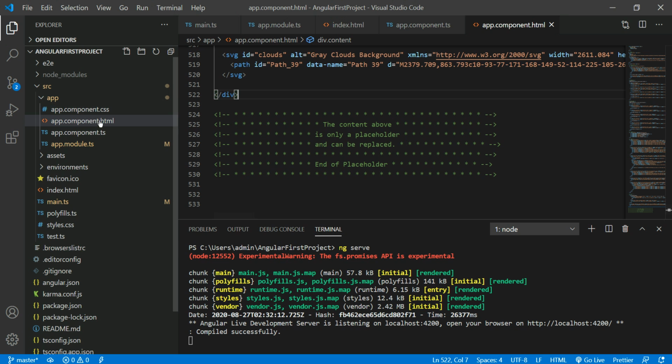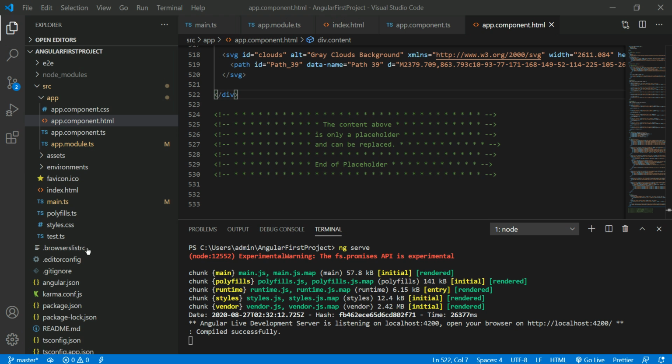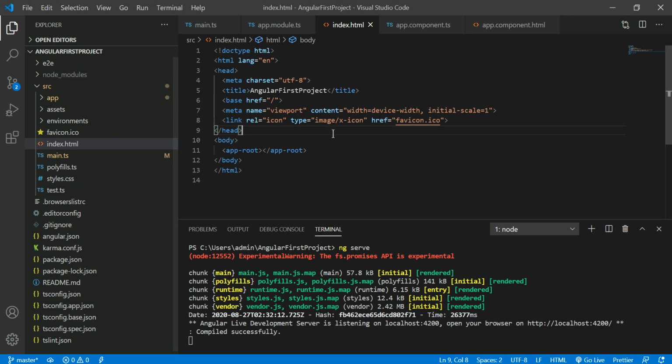Actually, app.component.html is not the primary file to open the application. This content is actually executed from index.html. So the index.html file is the primary file, and it is the only file that takes care of showing the content of this web application.